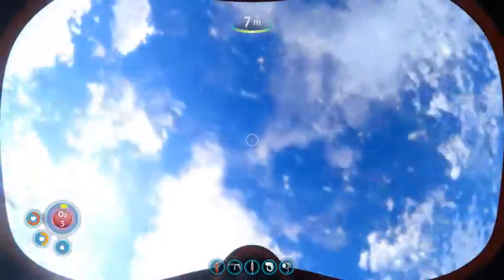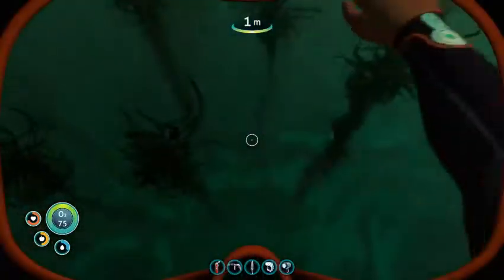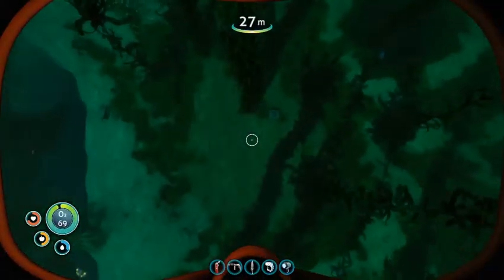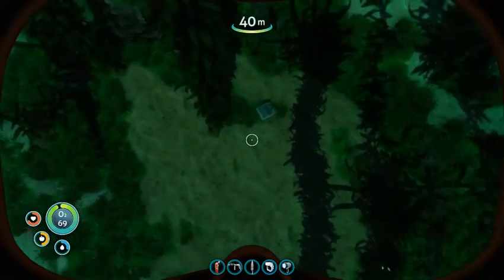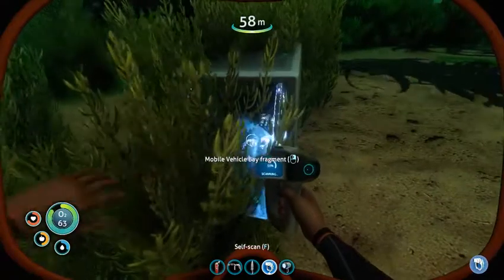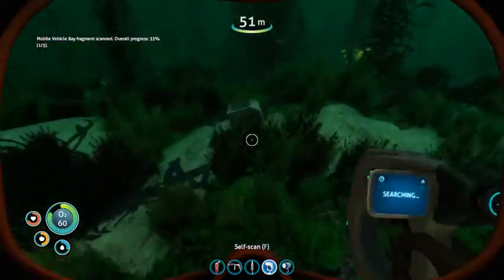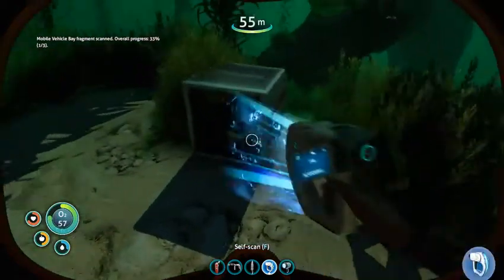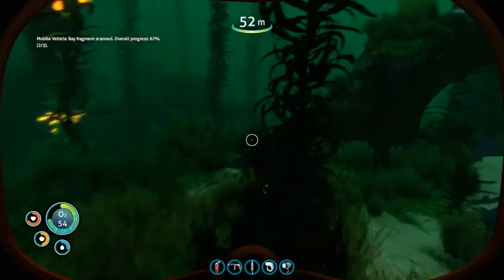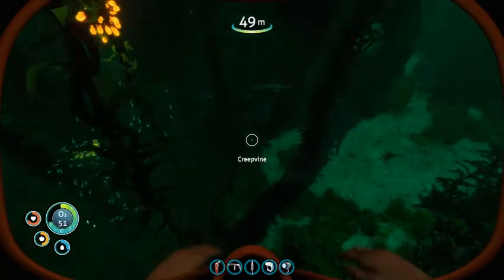Now another one of the most important items is the vehicle bay. These help make vehicles, which are one of the modes of transportation in this game. Now I need 3 of these blueprints so they can synthesize, as we have 2 from seeing these. And yeah, since we can make lubricant now,